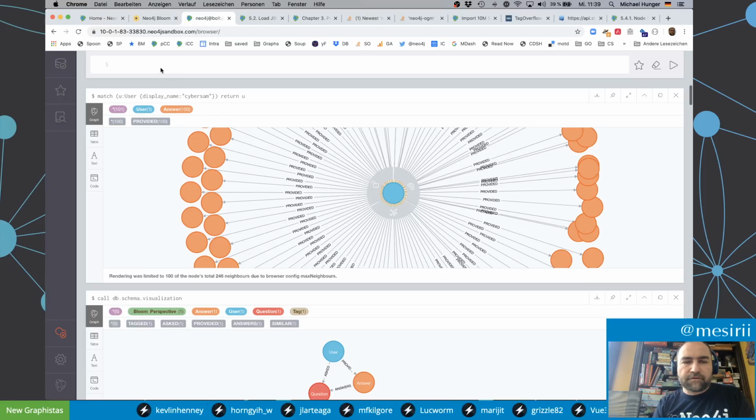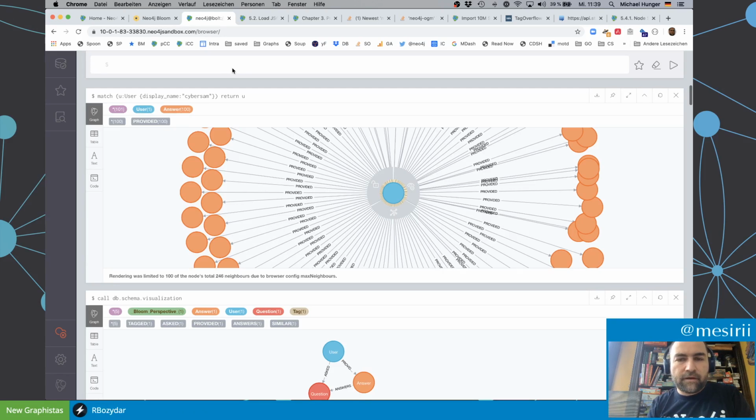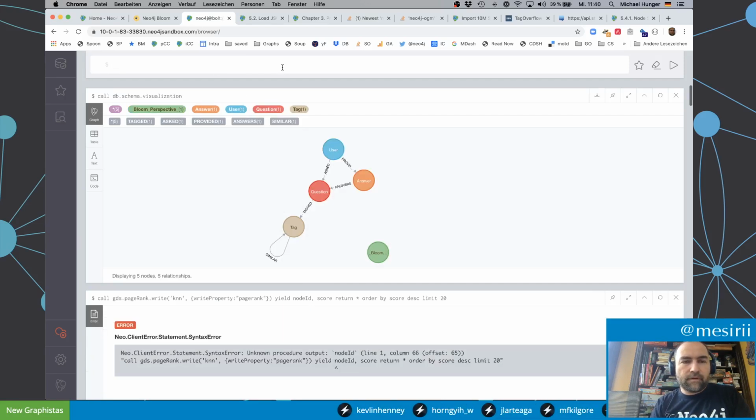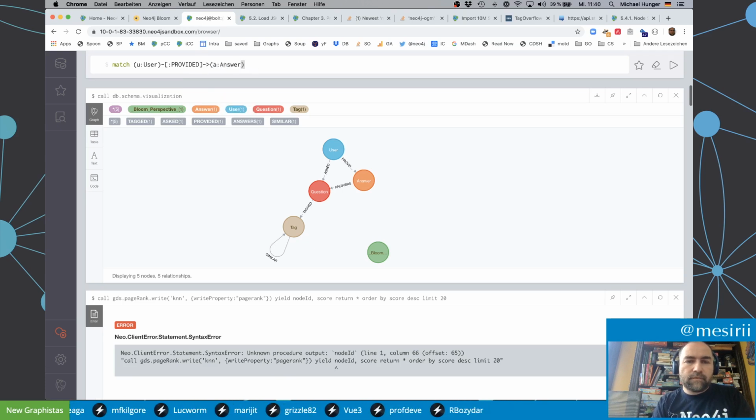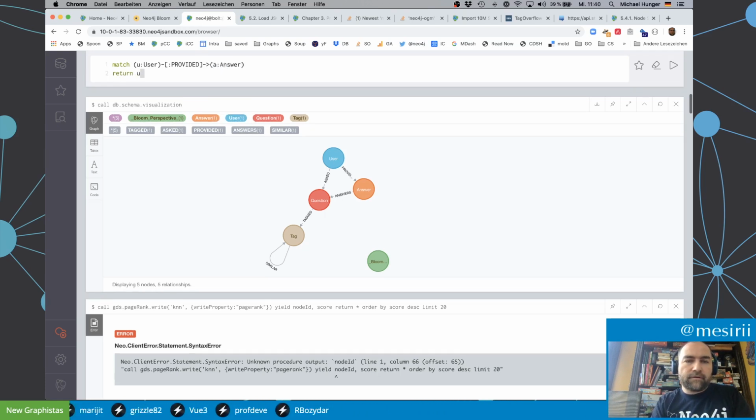By the way, there was one trick that I wanted to show you before we go into Bloom. Remember how we did before the fetching users by answer counts? So in our current examples, we just fetch the user and the answers, right? So we said user provided an answer, and then we said return u.displayName, count star as frequency order by frequency